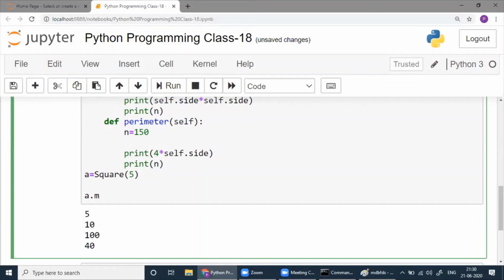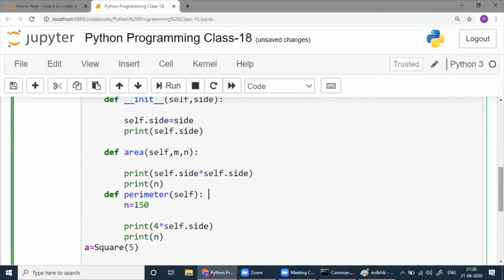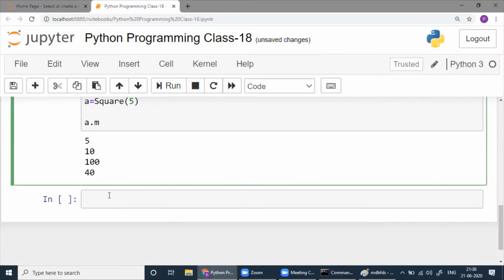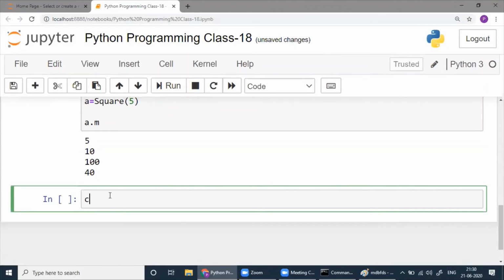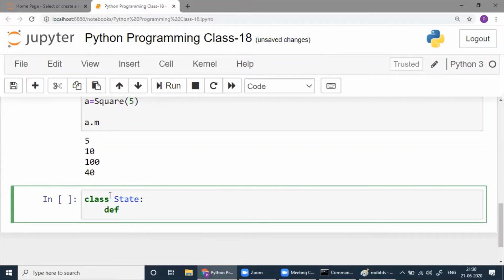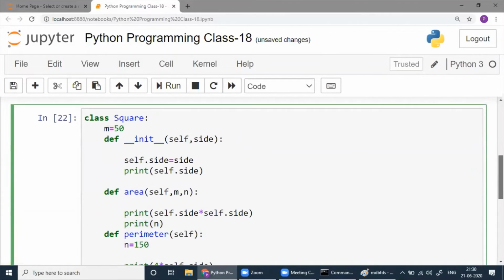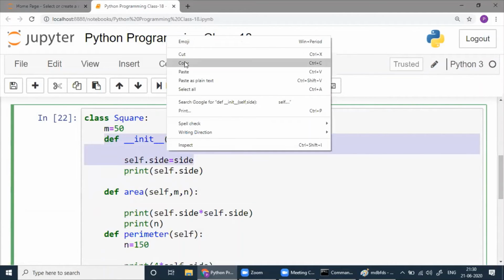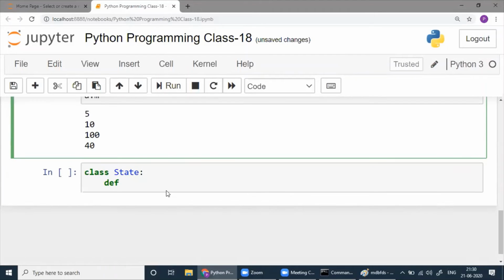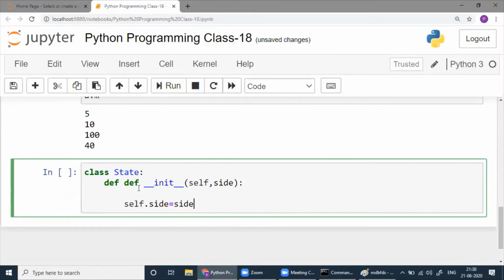It's recording. Okay. We don't need side here.